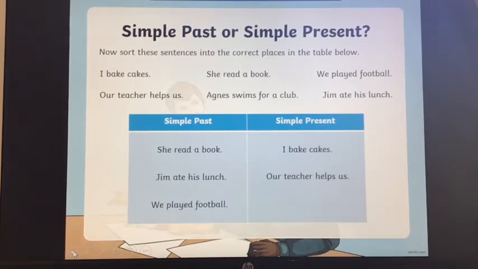Our teacher helps us. She helps us in every lesson. Agnes swims for a club. Agnes swims for a club every Monday and Thursday. Now,